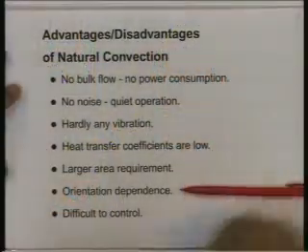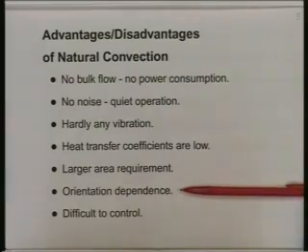Because natural convection depends on density differences and gravity, the direction of gravity and the orientation of the surface plays a role. And because there is no fluid flow, no blower to switch on or off, no velocity to adjust, natural convection is difficult to control. Now let us look at some dimensionless numbers